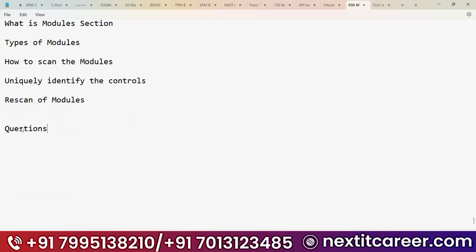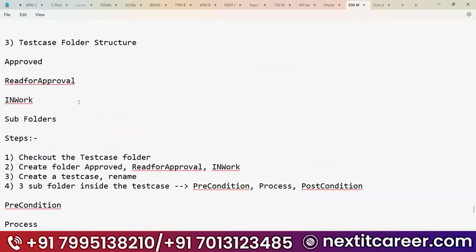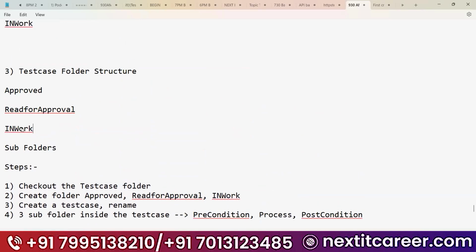Rajesh: Regarding the structure, usually we start with the work and next ready for approval, and then it goes to approval, right? But here it wasn't like that, it looked like a reverse structure. Why is it reverse? Whenever we are writing the test cases, at that time we start writing them, and then they go for approval. That is for manual testing. It would be different here for automation. Okay, you are telling in that sense.